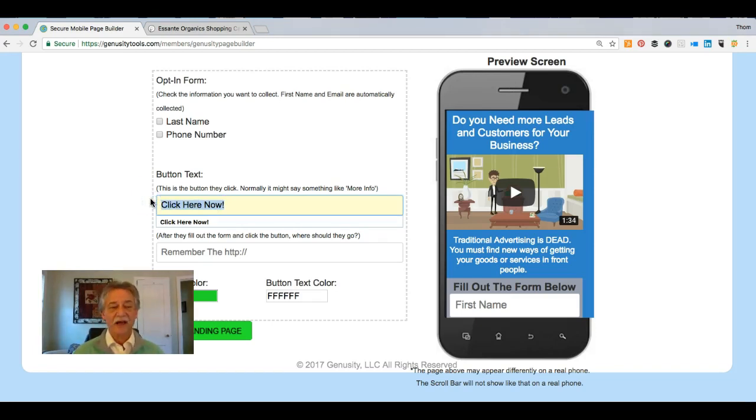I'm going to go down now. You'll see where it says button text. I'm going to add in a couple of things on the button text. Click here now is pretty traditional, but I'm going to use this one instead. Start attracting new leads. And that's our call to action button. Here,